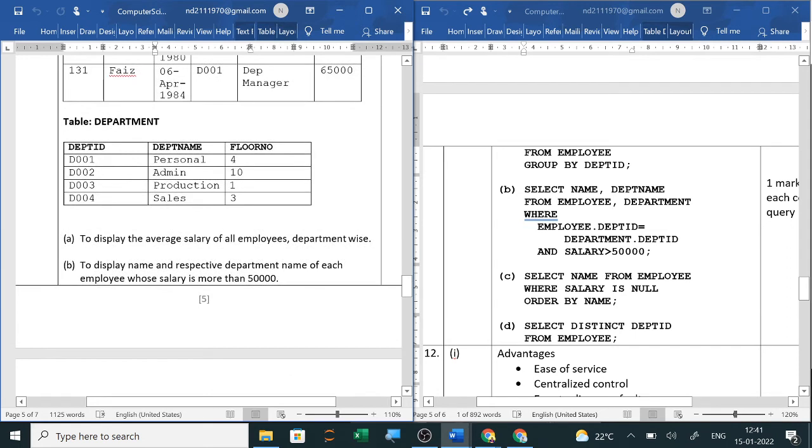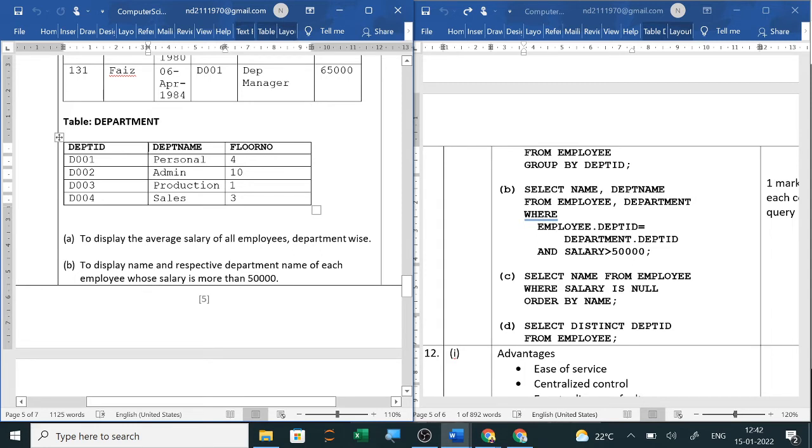Now the second one is to display the name and respective department name. Department name is in the second table. So now we will use a join for each employee, and group by also, whose salary is more than 50,000. Now in this question you will see that the name and respective department name of each employee, of every employee, but there is no function used till now.